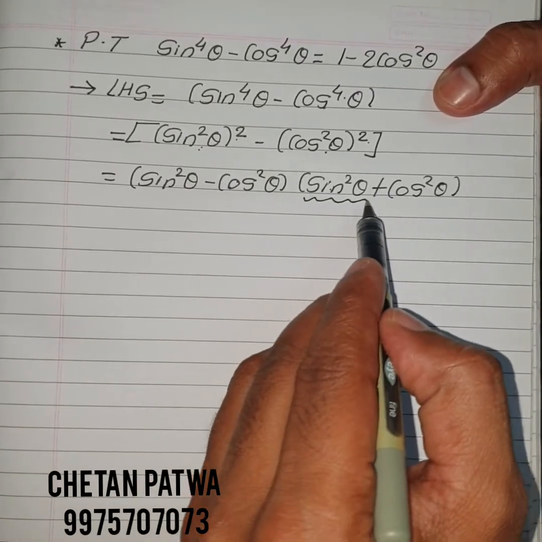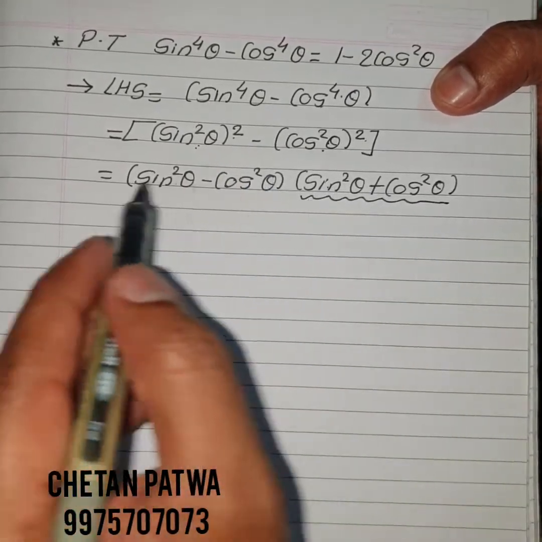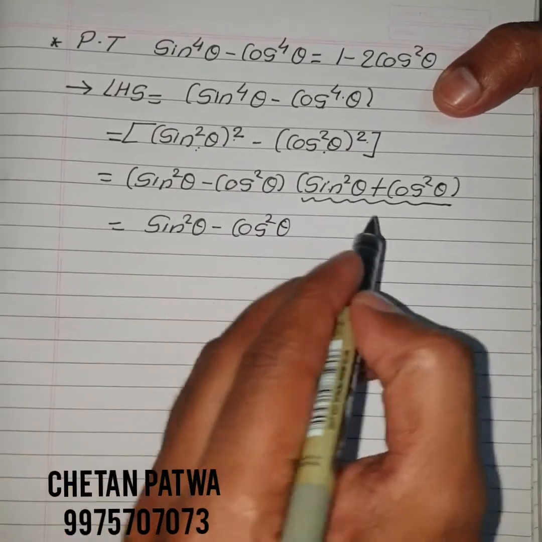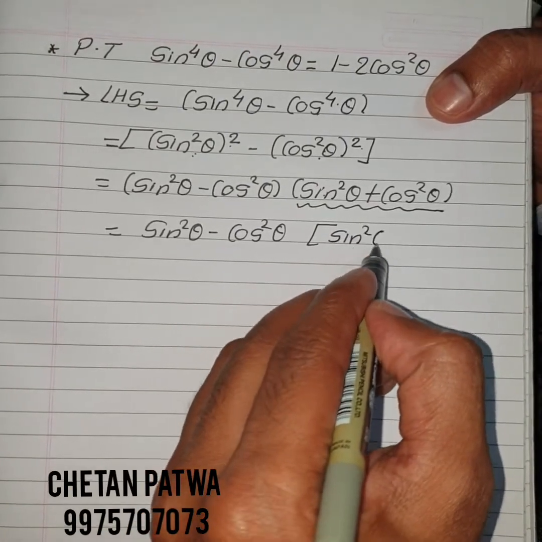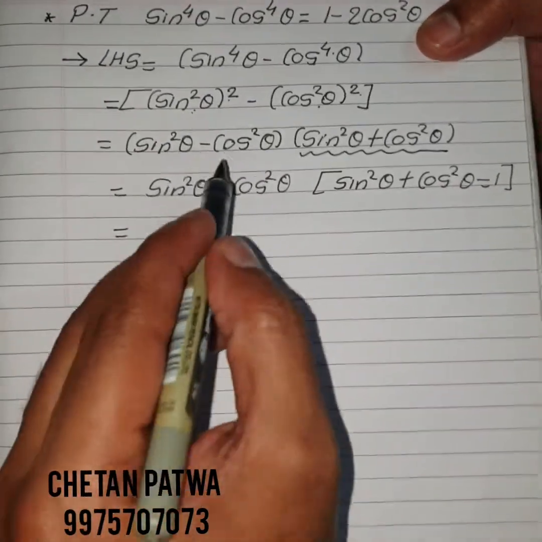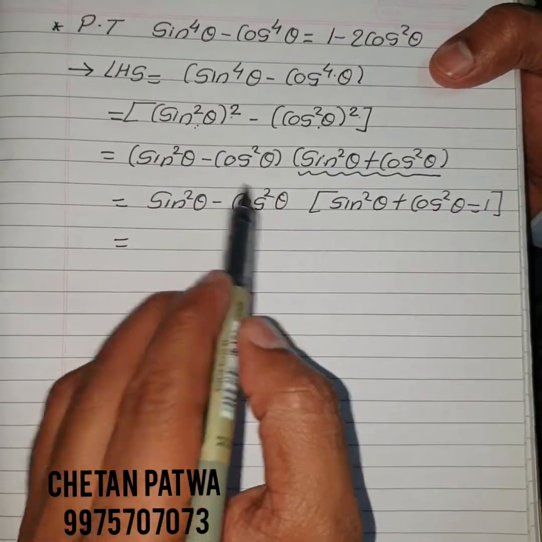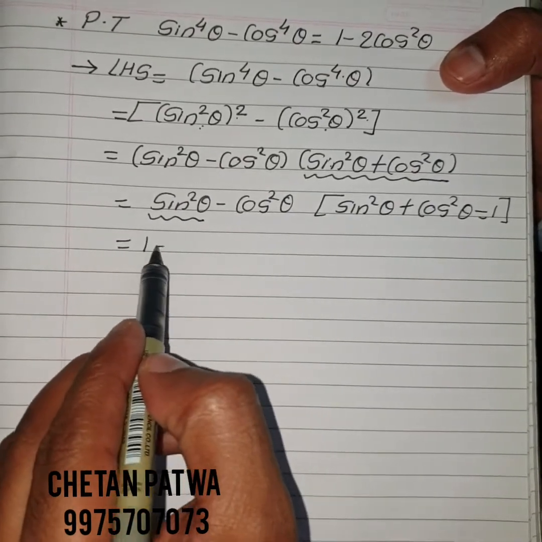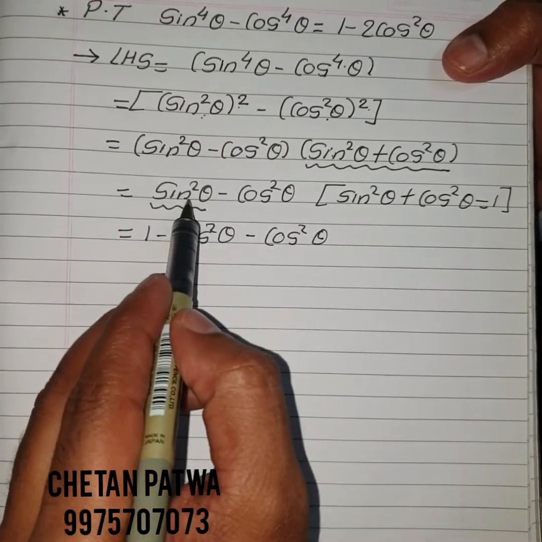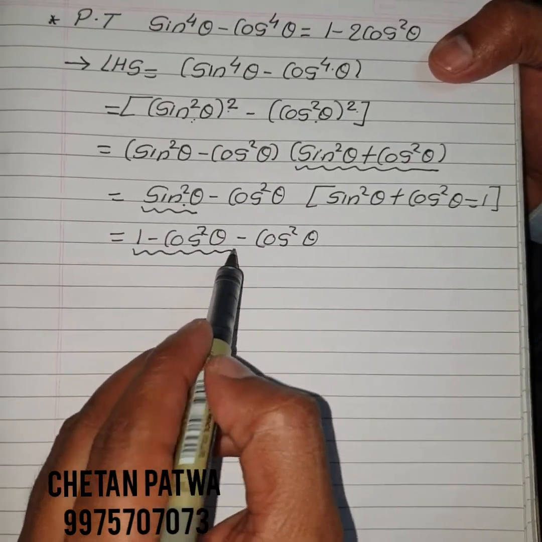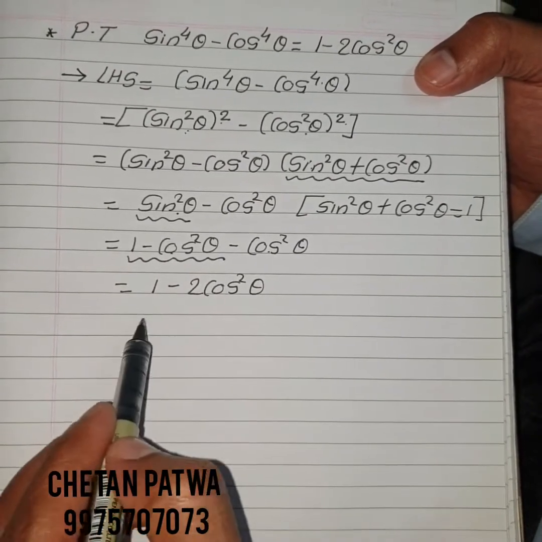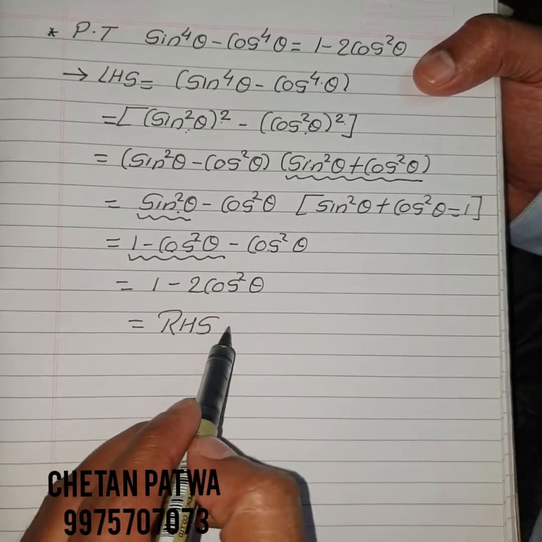Now we know the value of a, sin square theta plus cos square theta is equal to 1. So what is remaining? Sin square theta minus cos square theta. Here we applied the formula sin square theta plus cos square theta is equal to 1. That is equal to, now in right hand side we want only cos square. So this sin square we can write it as 1 minus cos square theta minus cos square theta as it is. So what we have done? This sin square theta we wrote it as 1 minus cos square theta. 1 minus cos square minus 2 cos square theta. So that is equal to our RHS.